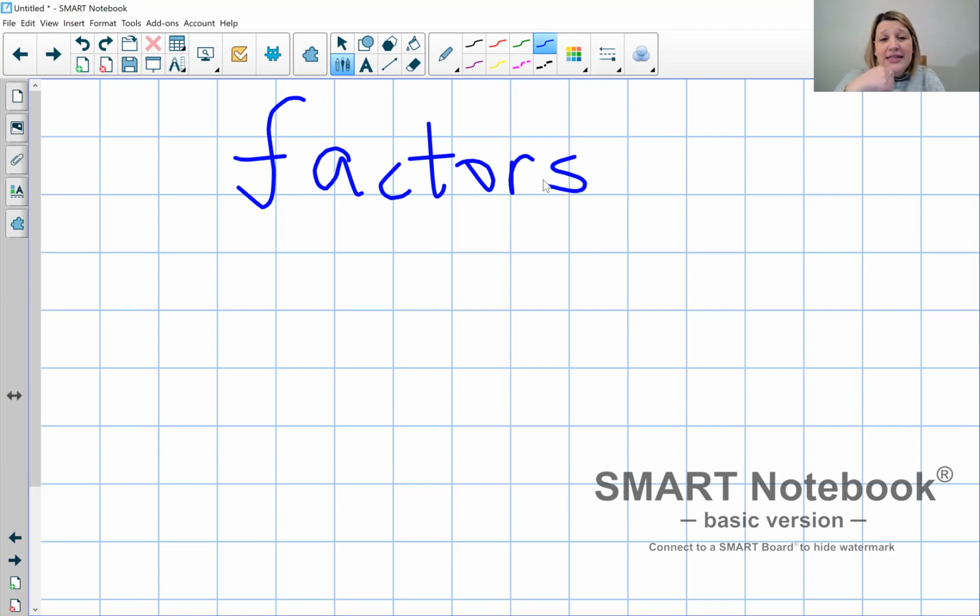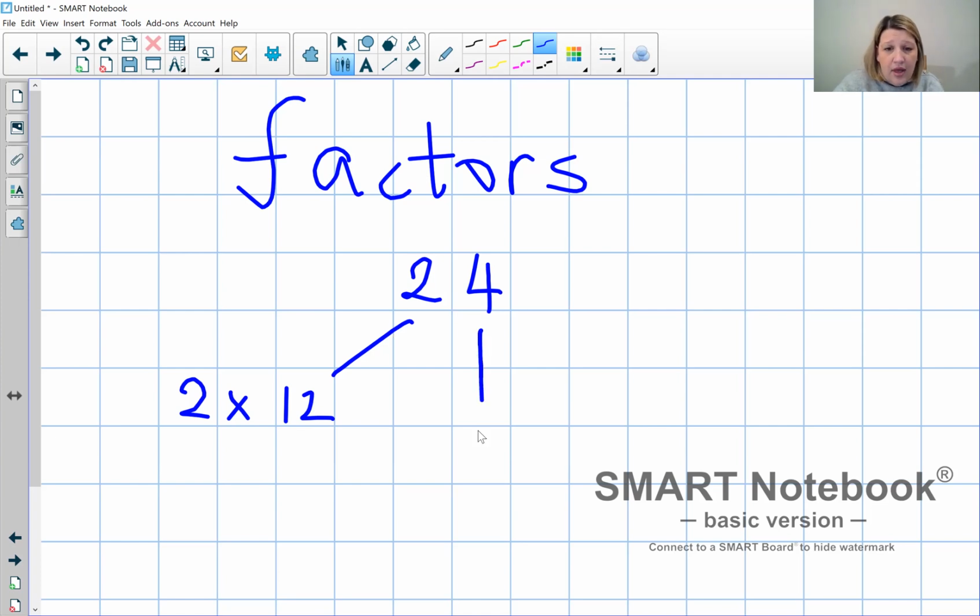Now, all that factors means is the numbers that can be multiplied together to be able to get to an answer. So, for example, if I was looking at the number 24, it's what numbers I can multiply together to give me the answer 24. So, for example, I could use 2 times 12. Therefore, 2 and 12 are factors of 24. I can also do 6 times 4. Okay, I can do 6 times 4 to be able to get to 24. Okay, I can also do 8 times 3. So if I was writing down all of the factors of 24,